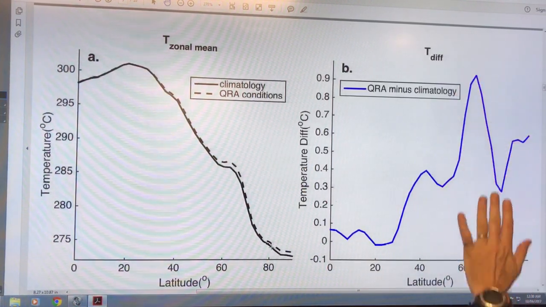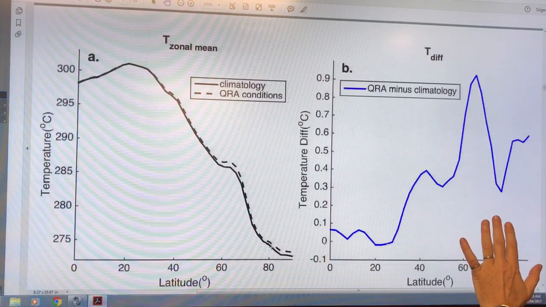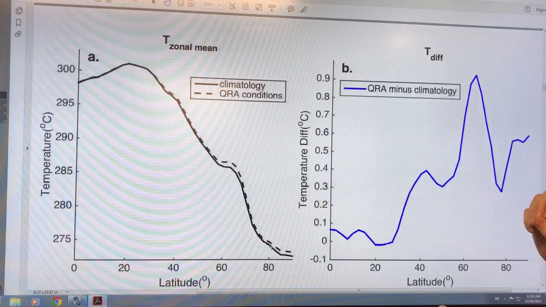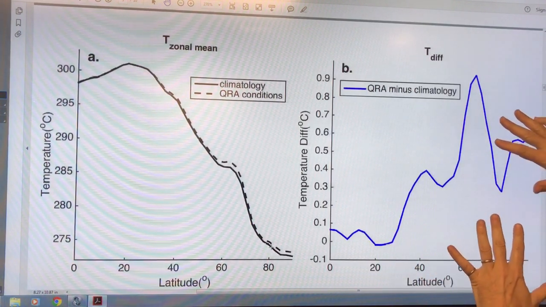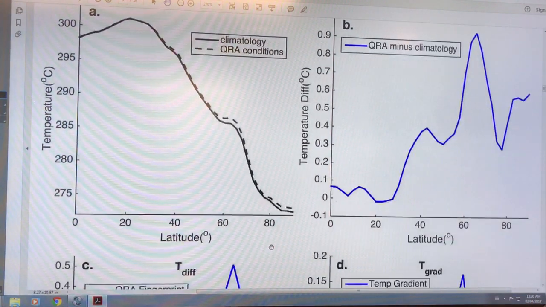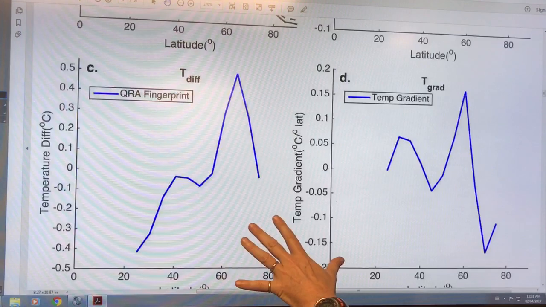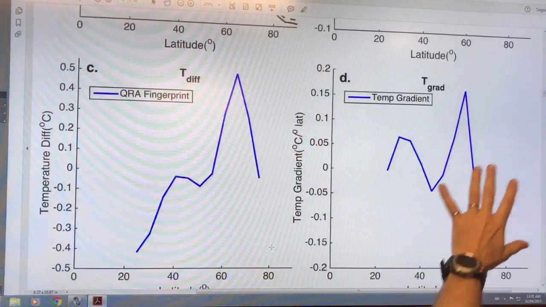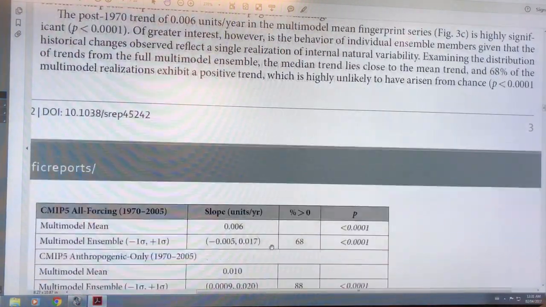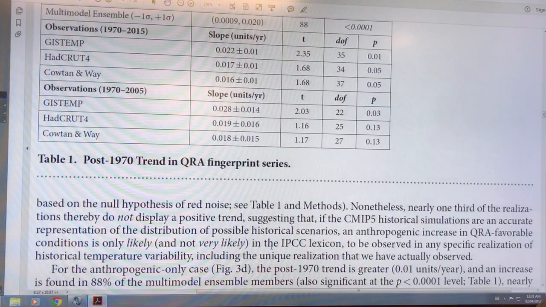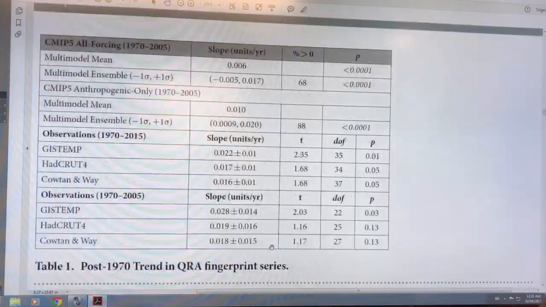So when we get a large temperature anomaly, as the north is warming, we get the Arctic temperature amplification. Some latitudes are warming faster than others. This is the temperature profile. And then if you put that into the model, you can talk about the quasi-resonant amplification fingerprint and the temperature gradient, and then you can actually do the simulations. And what we're finding is that in the last decade or so, this type of effect